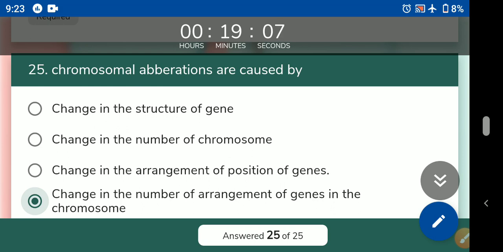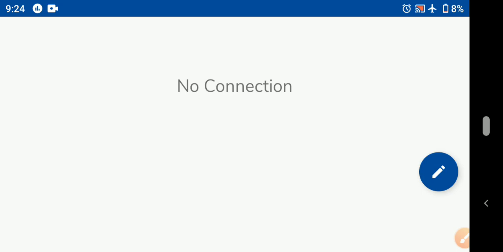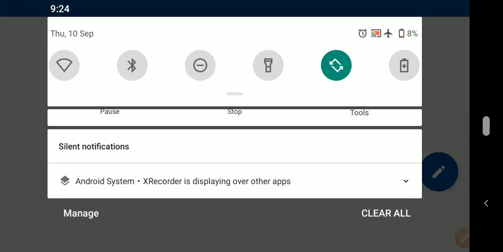That's why the correct answer is the last. So it's time to check our score, and our score is not possible because we are not having